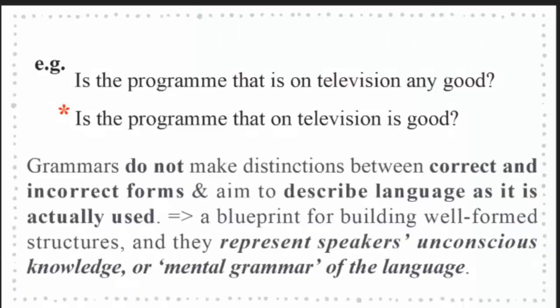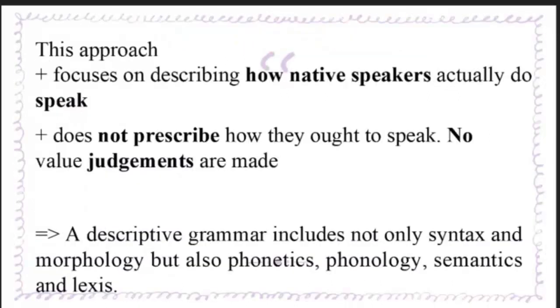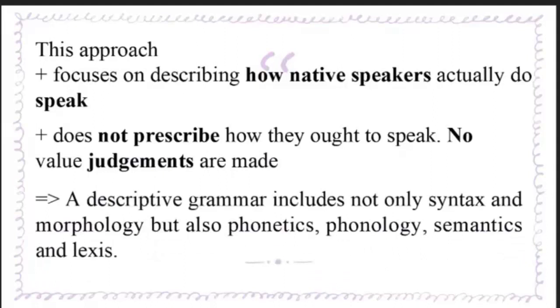This is a grammar that does not make a distinction between correct and incorrect forms, and aims to describe the language that is actually used. It is a blueprint for building well-formed structures, and it represents the speaker's conscious knowledge or mental grammar of the language. That is called descriptive grammar, which does not make value judgments, just describes how the language is actually used by native speakers. The descriptive grammar includes not only syntax and phonology, but also phonetics, semantics, and lexis,